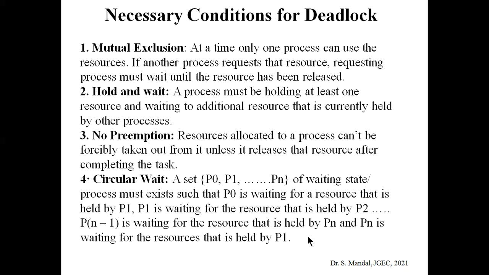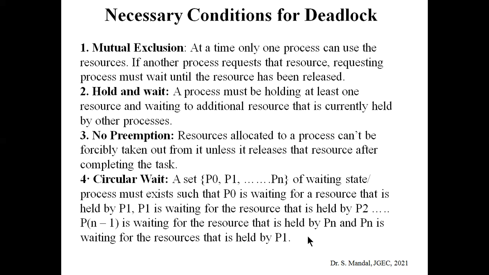Okay. So if you consider the dining philosopher problem, there are five philosophers sitting around a circular table, and they want to access two chopsticks. Suppose P1 already has one chopstick, C1, and wants to access chopstick 2, but it is already used by the second philosopher. This way, in the dining philosopher problem, a circular wait can happen. So that also leads to a deadlock condition. So these are the four necessary conditions that will lead to deadlock.